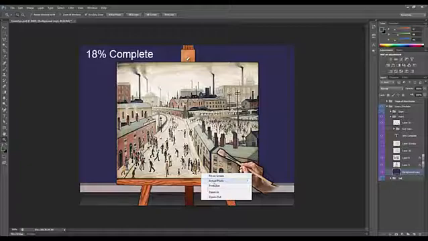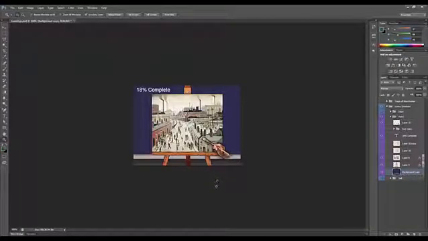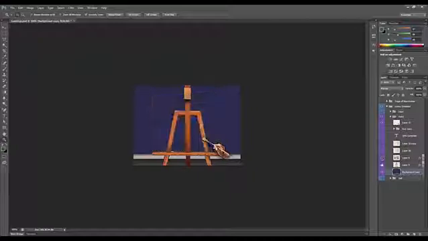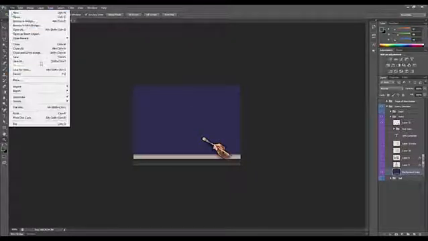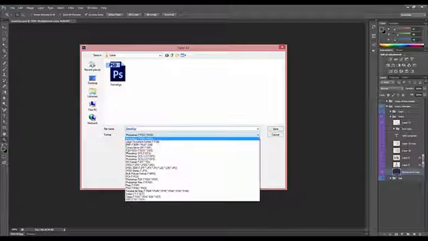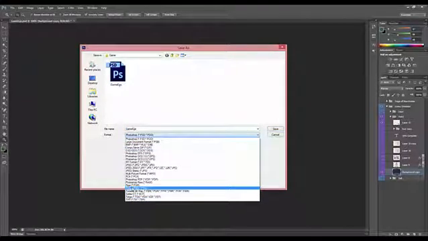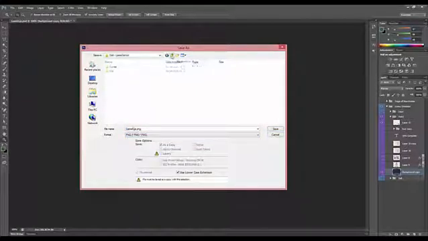So if I put in actual pixels, there it is in Scratch. That's what we want it to look like. Now we've got to get all these pieces off separately. So I'm going to start with the background, and all I'm going to do is take that and go File, Save As, and I'm going to save it as a PNG. I'm going to save it here. I'm going to call it background. There we go, that's a good name for it.